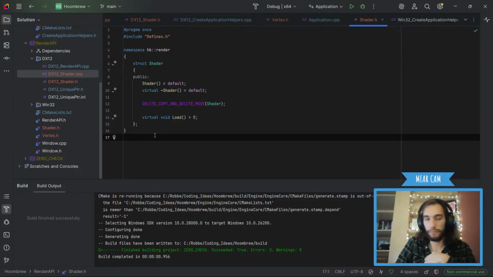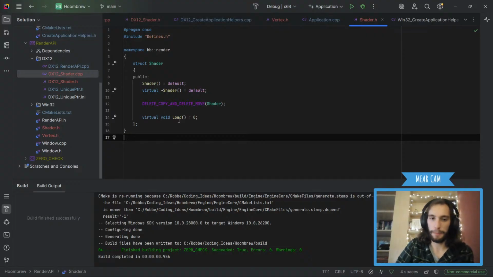Yeah, it does have a name. It's called Homebrew. That's the name of the engine. The game itself that I'm gonna make with this doesn't have a name yet. I don't even have a concept for a game yet. I mean, I have some ideas brewing in my head, but nothing concrete at the moment. I hope that answers it now.